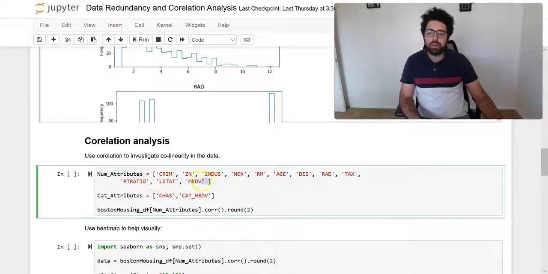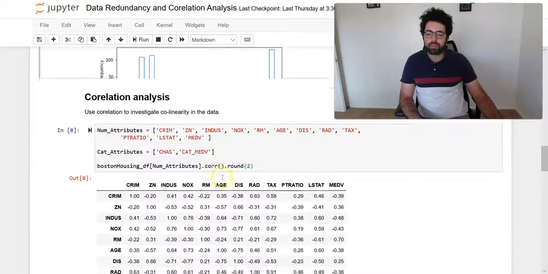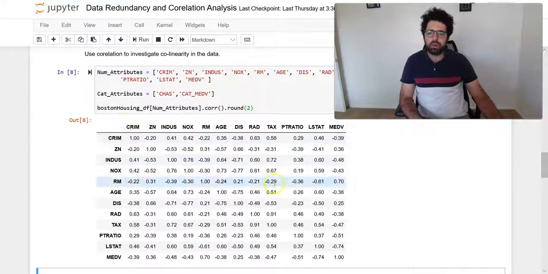So I've separated the numerical attributes here, and I am creating a data frame only with those numerical attributes. And all you need to do really to get the correlation with pandas is say dot corr, which is the function that does correlation, like applies the correlation formula for every possible pair of the attributes. So once we run this, now we have this correlation matrix that we can look at all of the possible